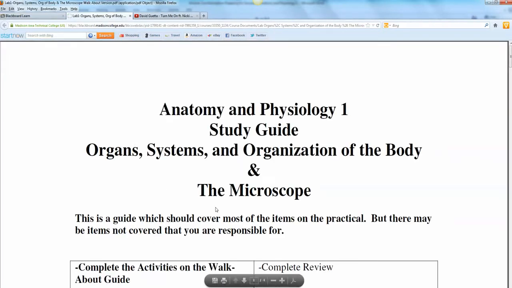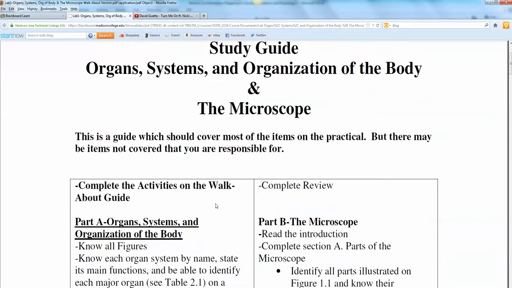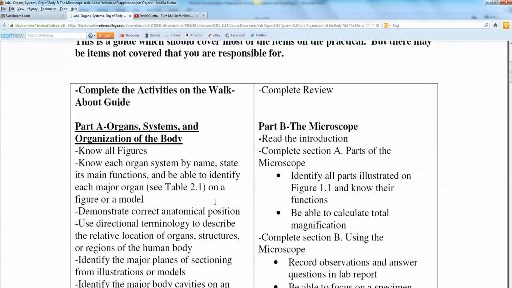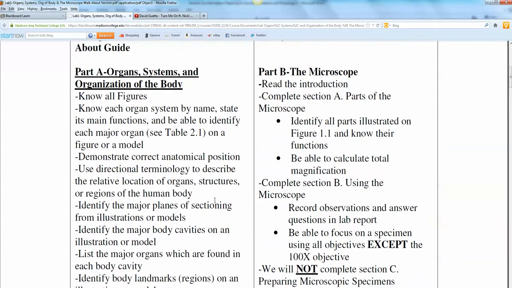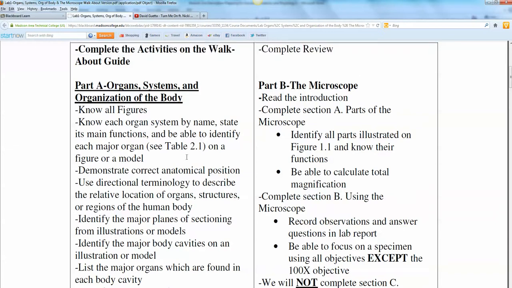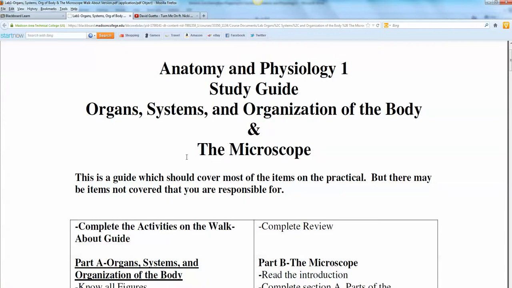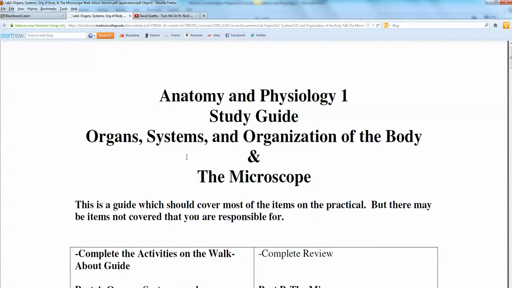and open that one. This study guide you want to look over before you come to lab. Actually, look over both of them. But you can actually do some of the exercises that are listed on this study guide before you come to lab. So if you have time, it's not mandatory, but if you have time, I will always suggest to students